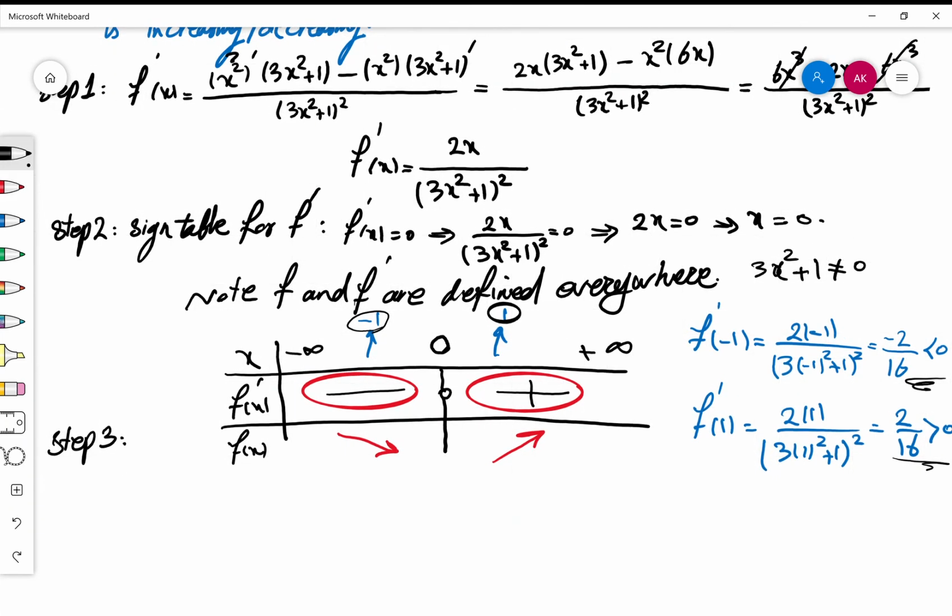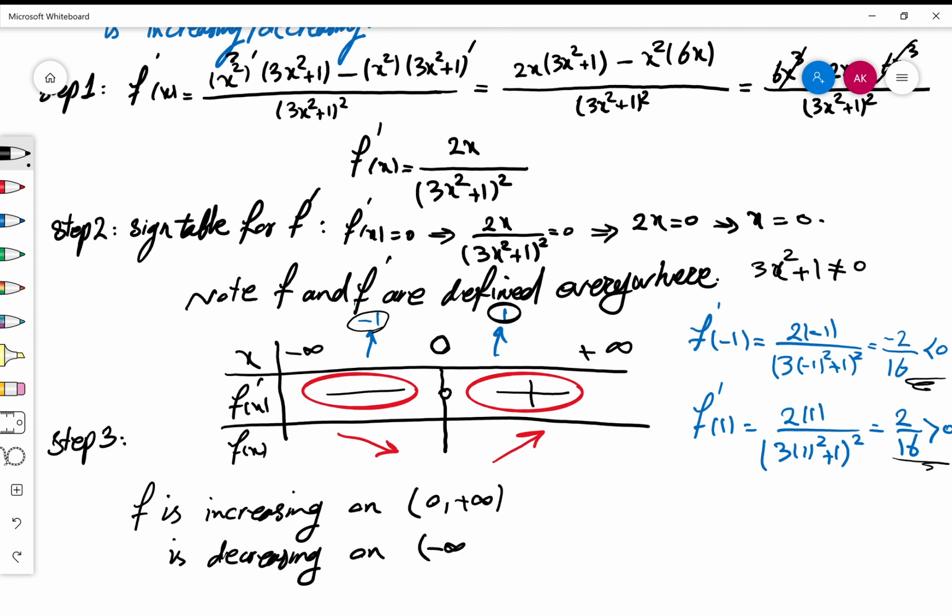Well, very nice. That means that I have found the intervals: f is increasing on 0 to plus infinity, and is decreasing on negative infinity to